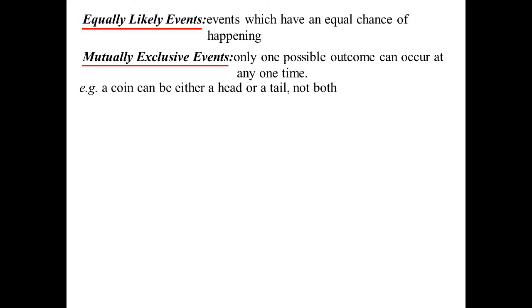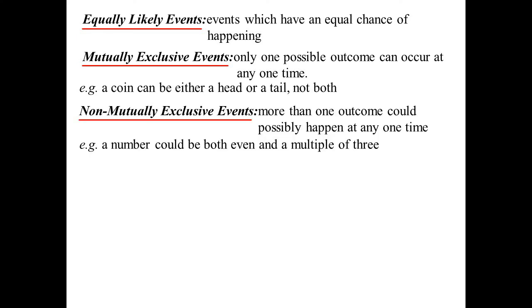Mutually exclusive events. So mutually exclusive means that these outcomes are independent of each other. Only one possible outcome could occur at any one time. We could say a coin, it could be a head or a tail. It can't be both. So the event of head and the event of tail are mutually exclusive. Which then brings us to